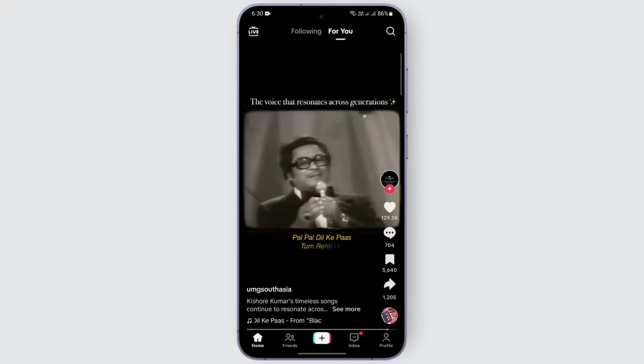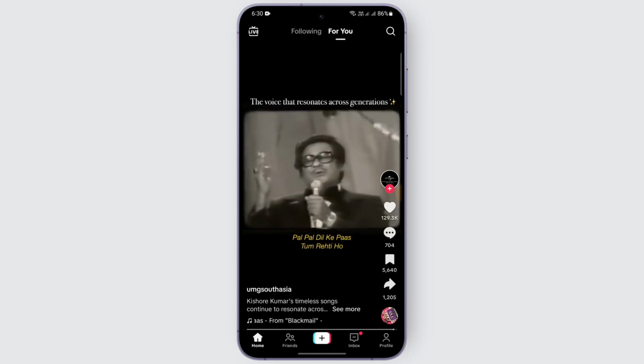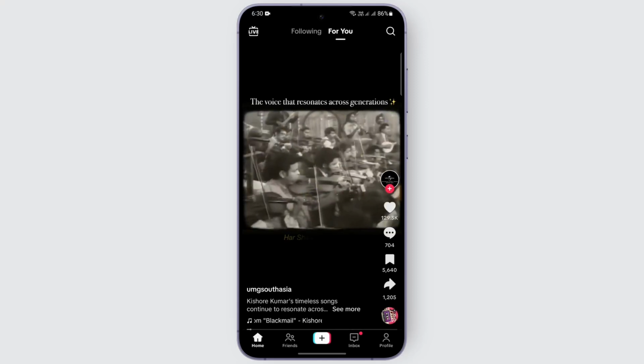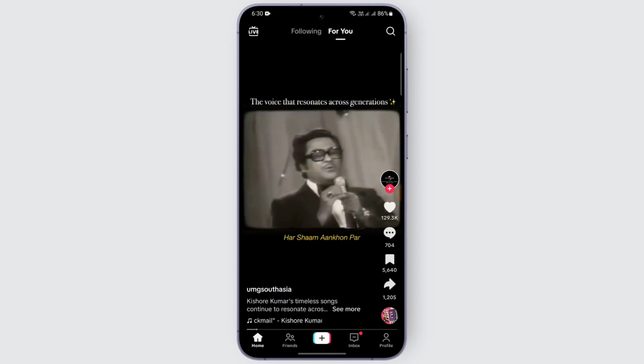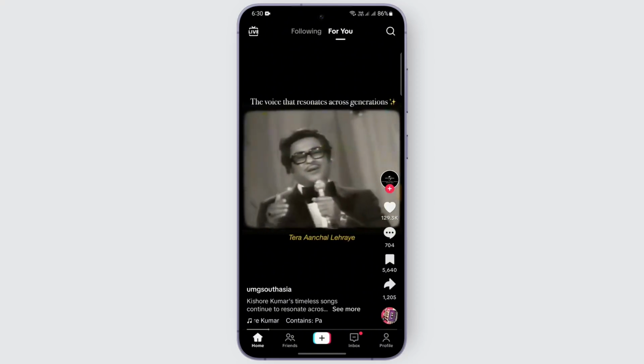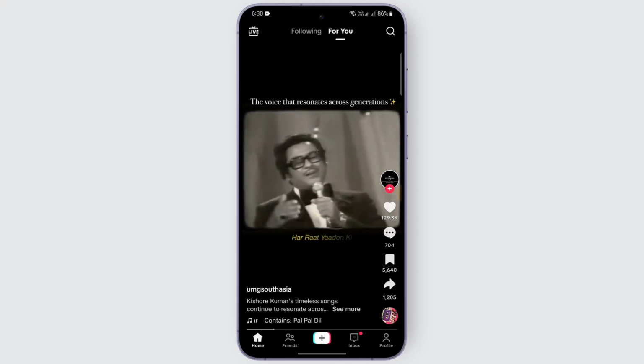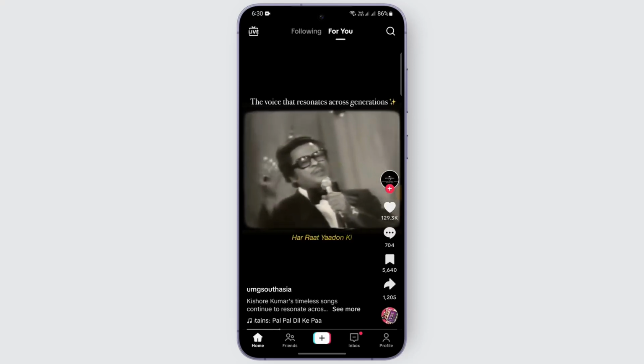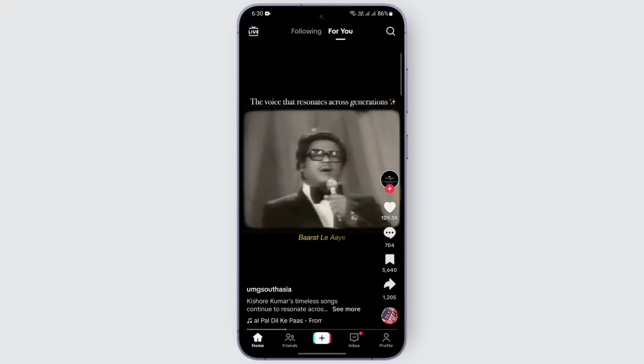After that, they will lead you to your internal gallery, where you'll find all of the photos on your device. So you're just going to click over one photo and tap on done, and that photo should be commented on your TikTok. So therefore, just follow that method and you should be able to do that